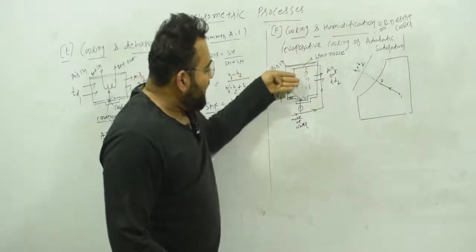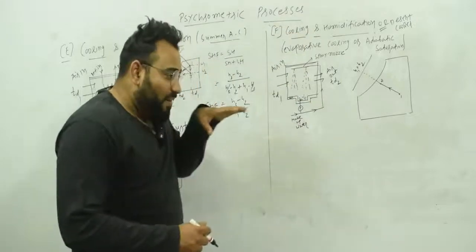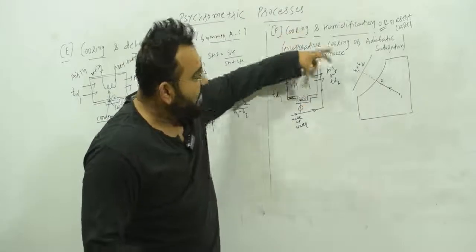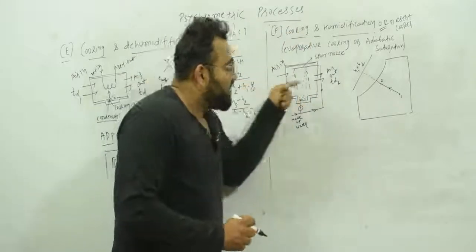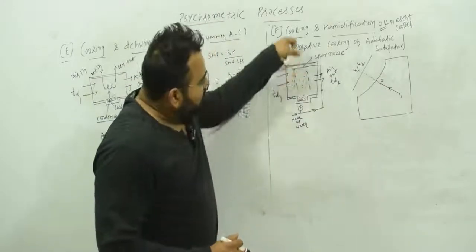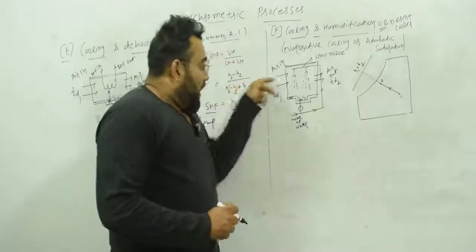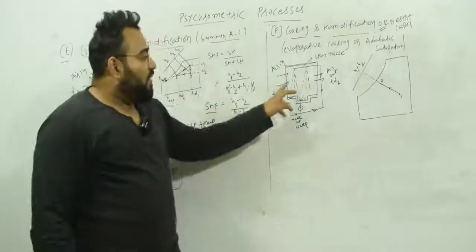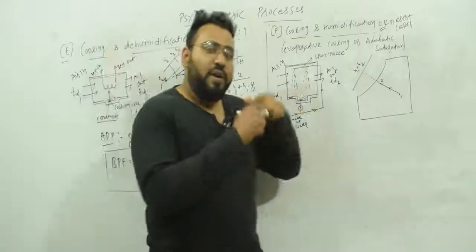So air is passing and cooling water is falling on it. What will happen? The cooling water coming out from the spray nozzle has a lower temperature compared to the air coming in. So when the air comes into contact with this spray water, the incoming air's temperature is going to decrease, and the heat absorbed by this water will convert the water into what?